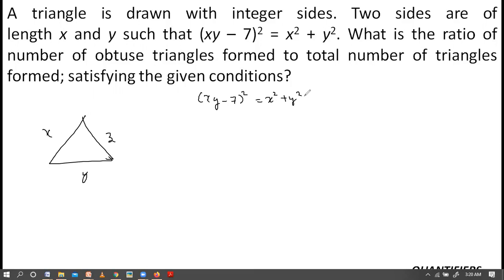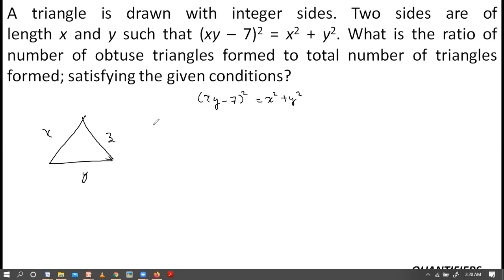What is the ratio of the number of obtuse triangles formed to the number of triangles formed satisfying the given conditions? Okay, so the given condition means that this should be followed and our triangle should be obtuse. So basically I need to find the trend or link between two sides first of all, right? Only then can I predict something about the third side. Now this is in the form of a complete whole square. If my RHS was also in the form of a complete whole square, maybe I'll be able to do something. Also, it is x^2 + y^2, very tempting. I should try to complete the squares first of all. So let me just try to do that.